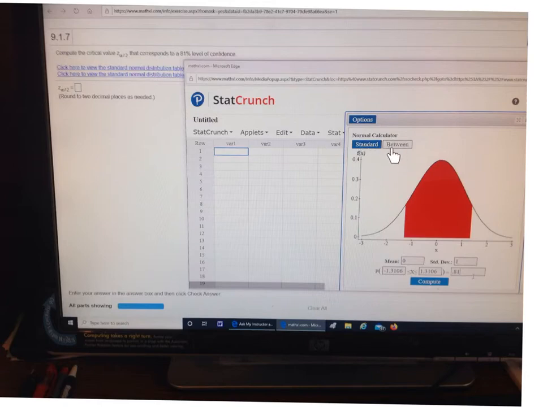This is a between one. And so the area in between is 81%. You need to change that to a decimal. Since it's a z-score, the mean is 0 and the standard deviation is 1, and we just leave those alone. That's the default. Then you put in the 0.81, which is the 81% here, and you click compute, and it gives